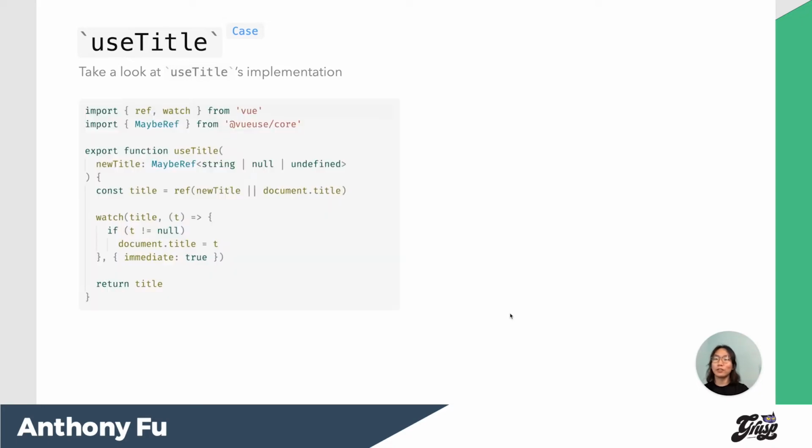So there are actually only two statements. One is ref and the other one is watch. At the first line, we unify the refs from the user or create a new one. And on the second line, it watches the change to the ref and syncs up with the page title. Maybe it's a little bit hard to catch up with what is happening here in the first line. Let me explain it a bit.